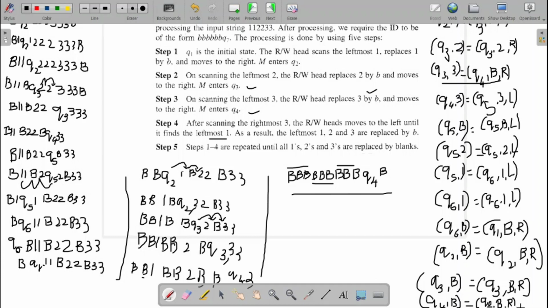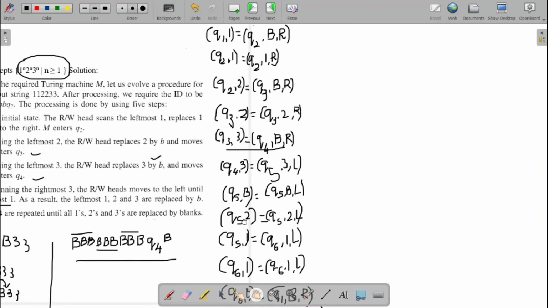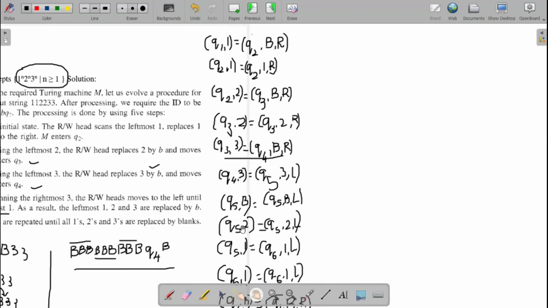So this is how we design the automaton. This is how we design Turing machines. For designing your Turing machines, it is very important that you take an input string of sufficient length. Only then will you get your absolute answer. So now let us represent this Turing machine with the help of the table and the diagram. Let me go with the diagram first.